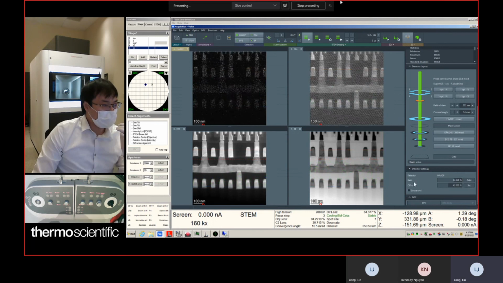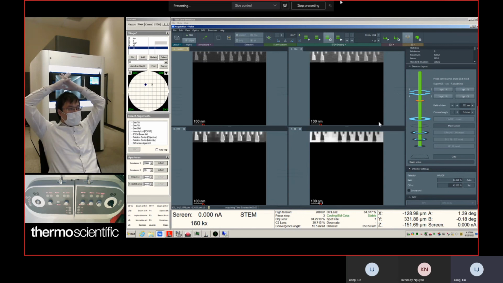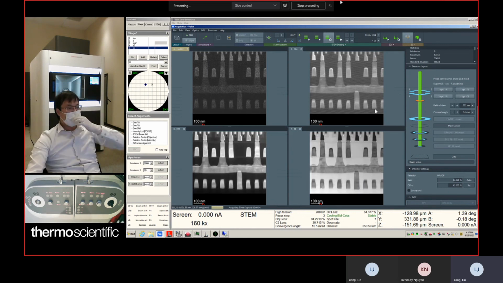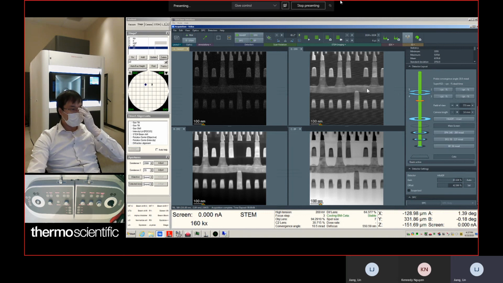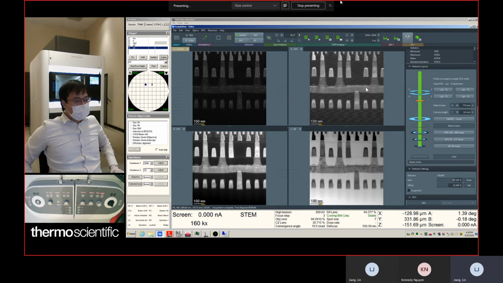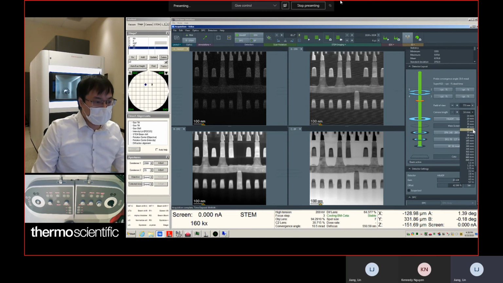Okay, let's take the image. And also we have a lot of scan distortion in the DF4 detector because of the poor signal. Okay, we got the smallest camera lens. We save that. Once it's taken, it's saved automatically. Then we can choose